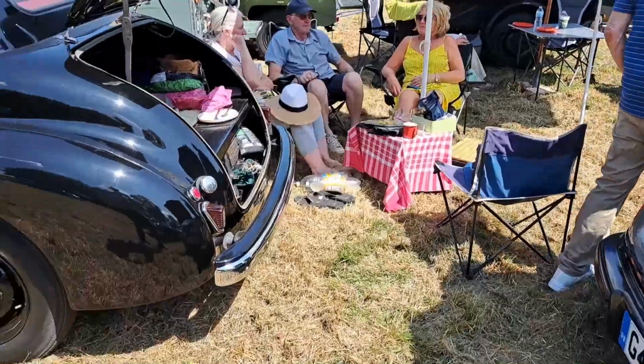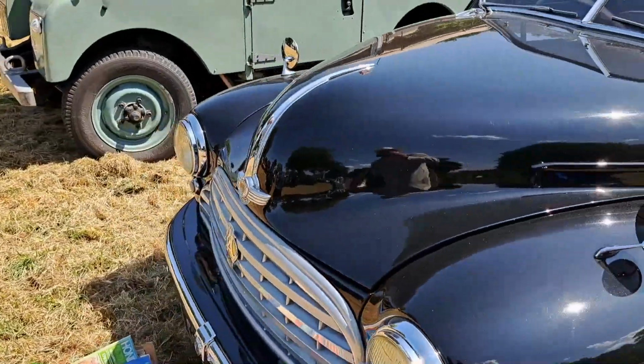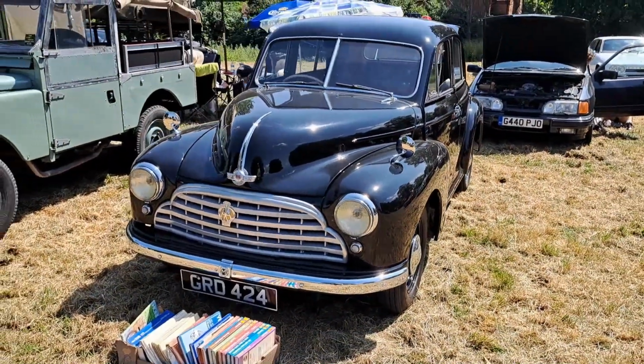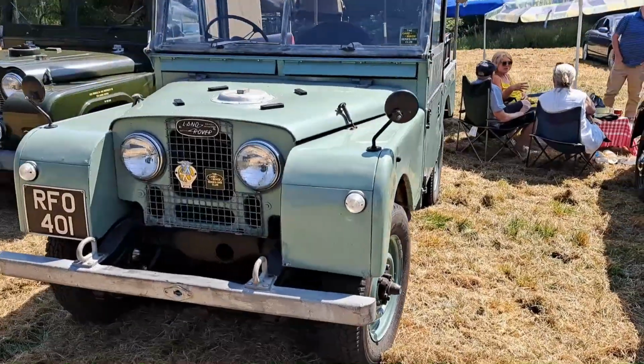I think, yeah, this isn't a Minor, this is a bit bigger. It is an Oxford. MO Oxford, early 50s I think this was. It looked like a big Morris Minor because it was designed by Issigonis as well as the Minor, about the same time. Series 1 Land Rover,